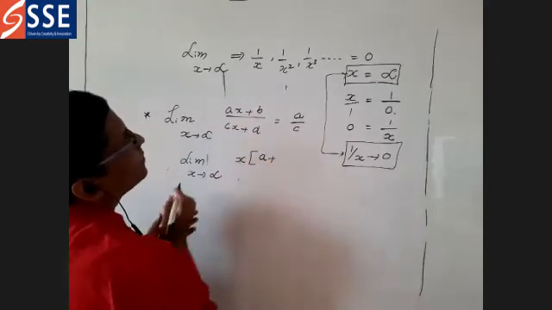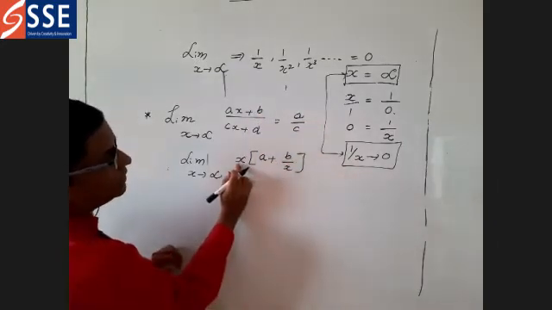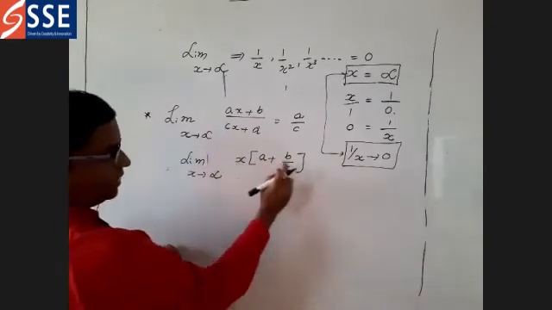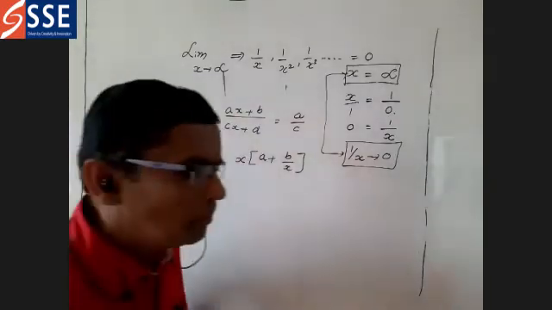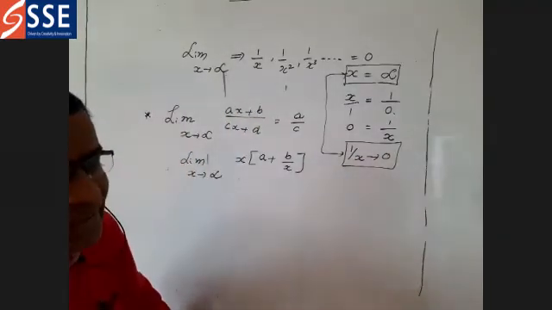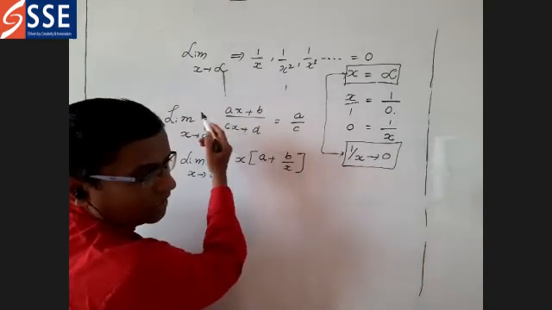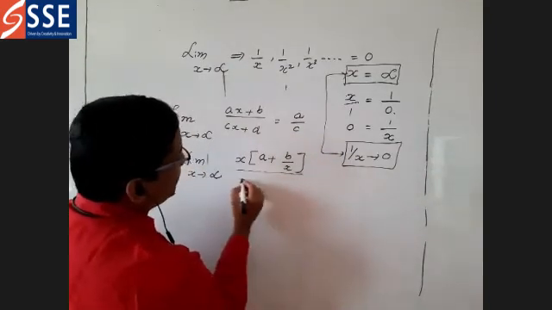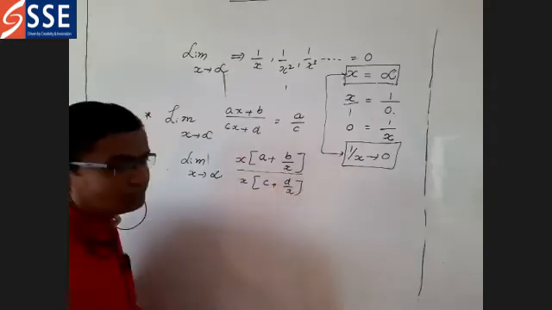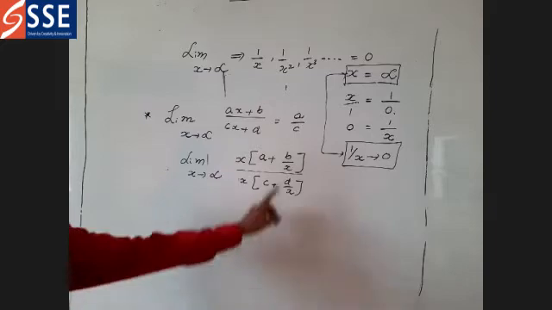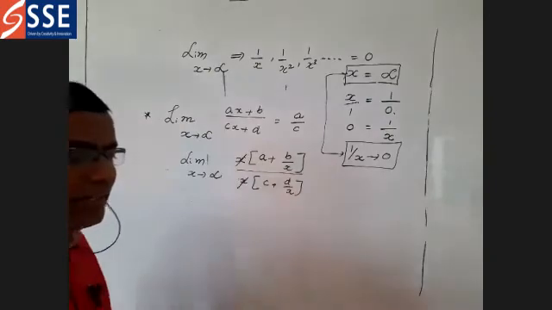A plus, here x is not there, I am just dividing by x. Now you see here, a into x is ax, and x into b by x, the x gets cancelled and you get b. There is no change in the value. Take out x, or any highest power of x, as common, and then x into c plus d by x. Now we are getting 1 by x in both cases. The terms which have x in the denominator become 0 or get cancelled.